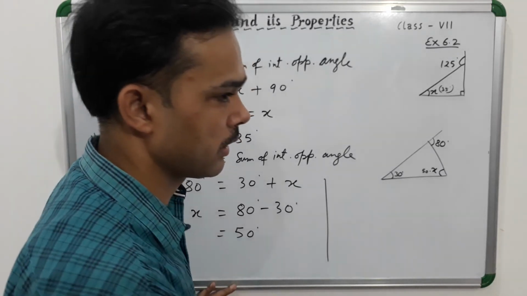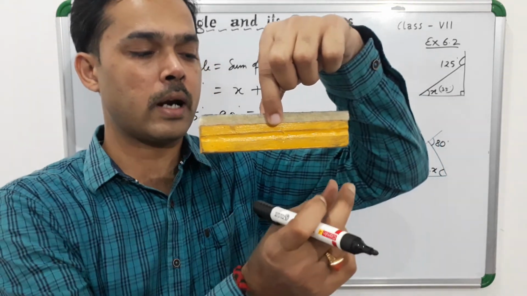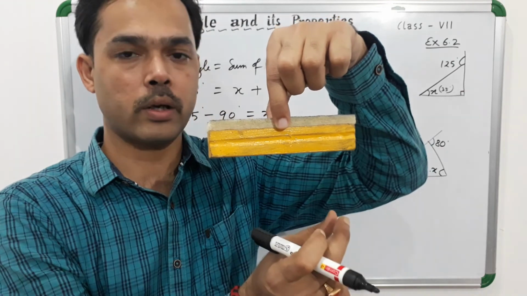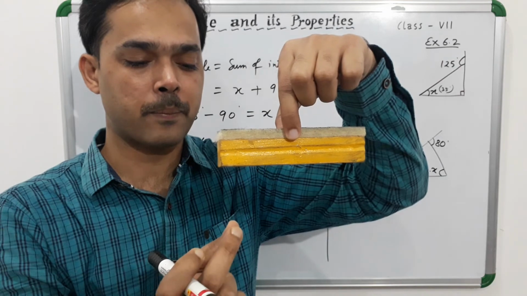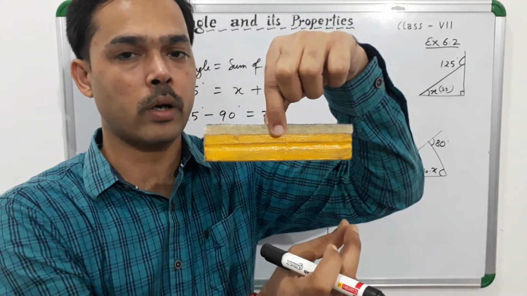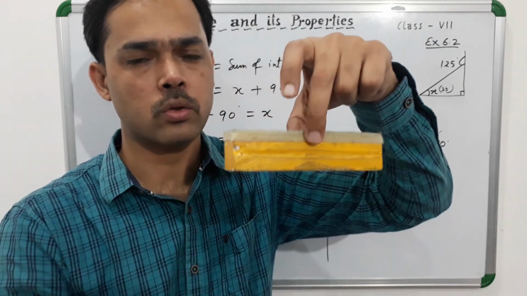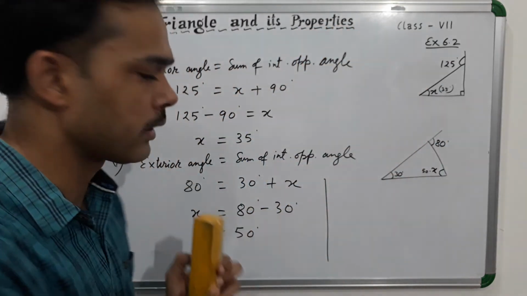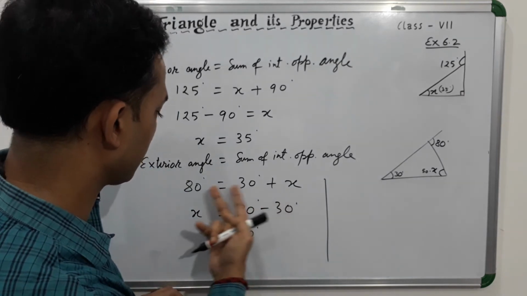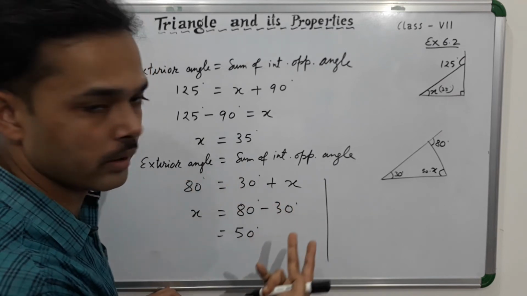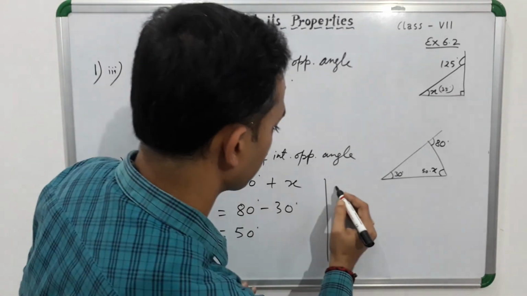As you know, if we have a weighing balance, whether we place the weight over here and the products over here, or the weight over here and the products over here, it does not matter, because we can shift it in this manner also. In the same manner, when there is an equation, if you write this 30 plus x over here and this 80 over here, that will also be the same. So you can also write it in this manner.